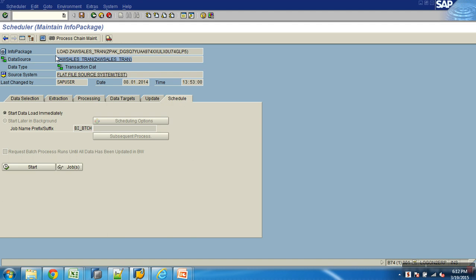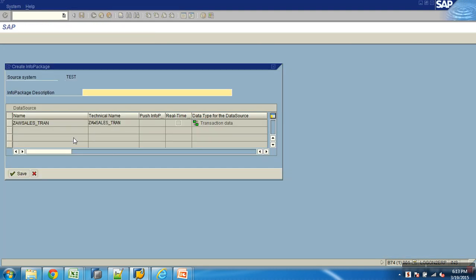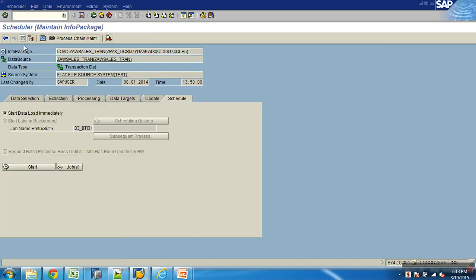Okay. Good. Next is the data source. Info package is always based on data source, because in the info package you get to see a lot of properties. It keeps changing, but what properties you see in the info package depends on the data source capabilities. When you try to create an info package, it asks you to specify the data source. Based on the properties defined in the data source, it brings in the properties in the info package. Can one data source have multiple info packages? Yes. So the properties you see in the info package depend on the data source.